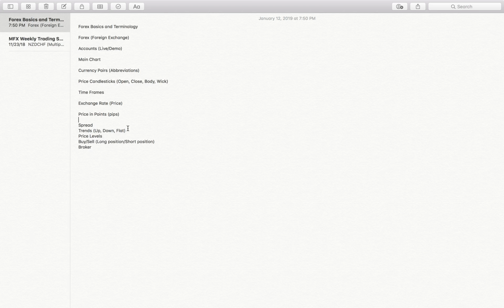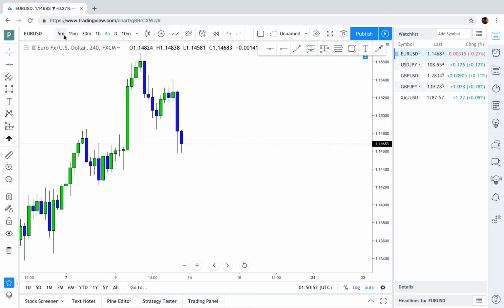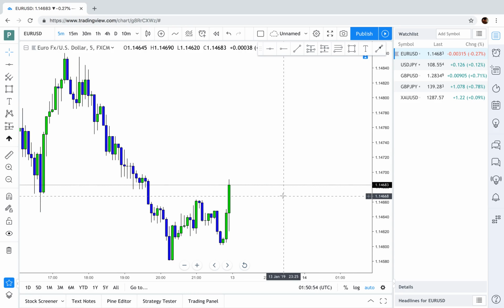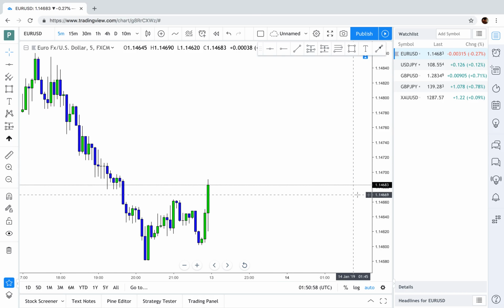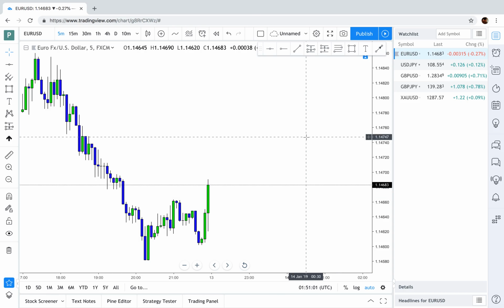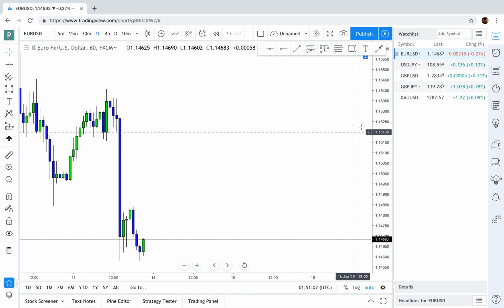Spread. Spread is the distance between the bid and the ask prices of currencies. It shows it on your chart if you show the ask price on your chart. But an easier way to put it is, let's just say this price right here, 1.153. Since the Forex market has so many people trading, so many people putting in orders,